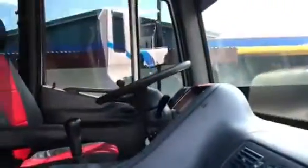The inside is also very clean with new mattings and new seat cover. The truck's brand is